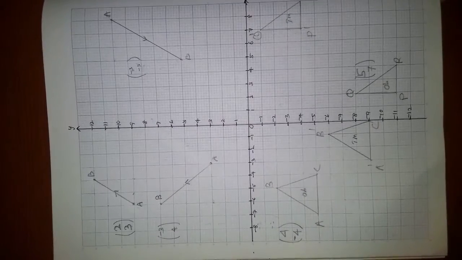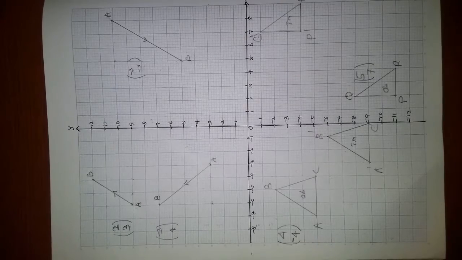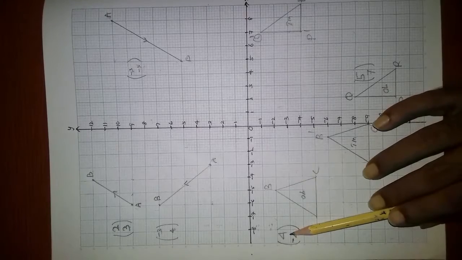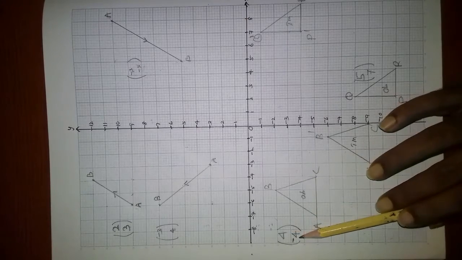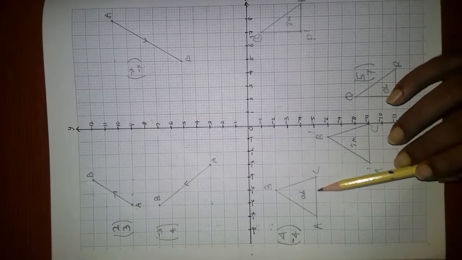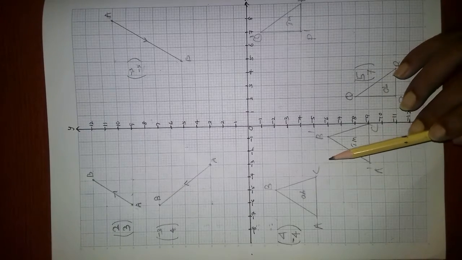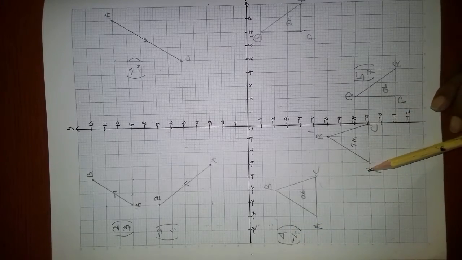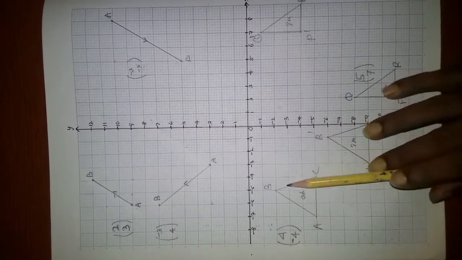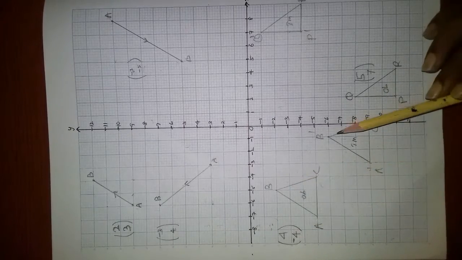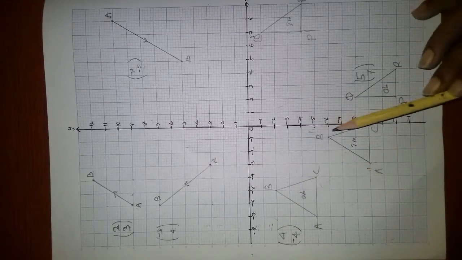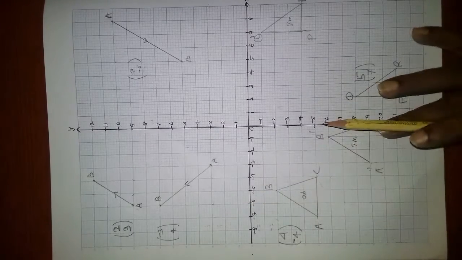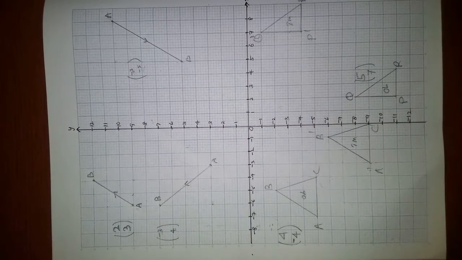Now look at this triangle ABC here, that is the object, and it has been translated by the vector (4, -4). We will see for a while: 1 2 3 4, 1 2 3 4. Yes, 4 units rightward, 4 units downwards. This triangle ABC has been translated by this vector onto this image A dash B dash C dash. Now how to describe this translation, that is what is important.